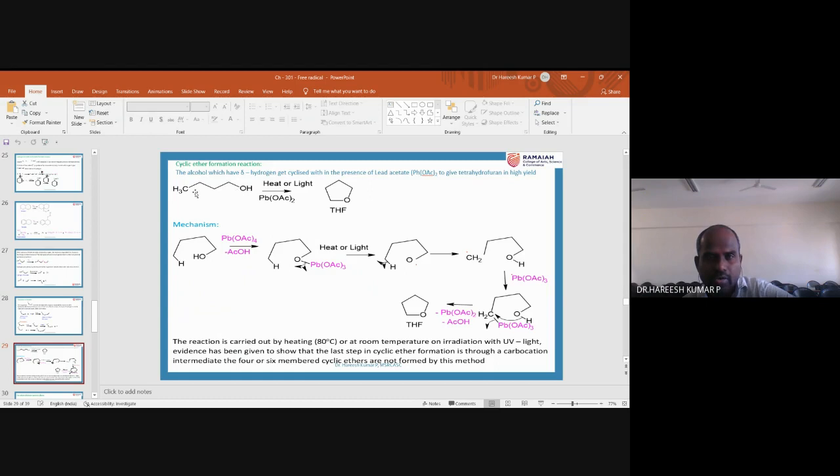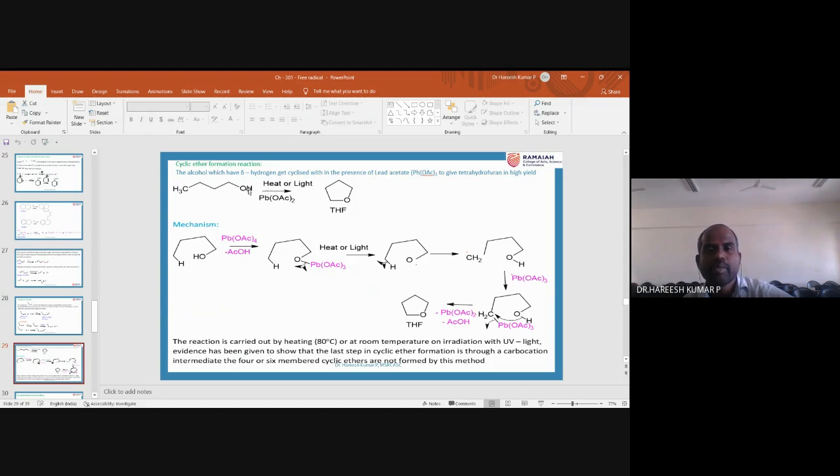Say hydroxy group, and this position is called alpha carbon, this position is called beta carbon, this position is called gamma carbon, this position is called delta carbon. So that means delta hydrogen. Of course, this carbon contains hydrogen. Delta hydrogen containing alcohols undergo cyclization